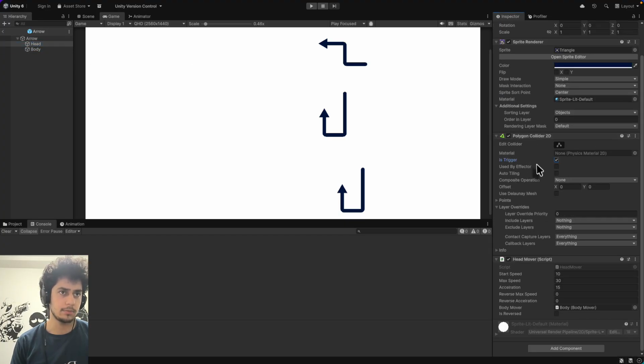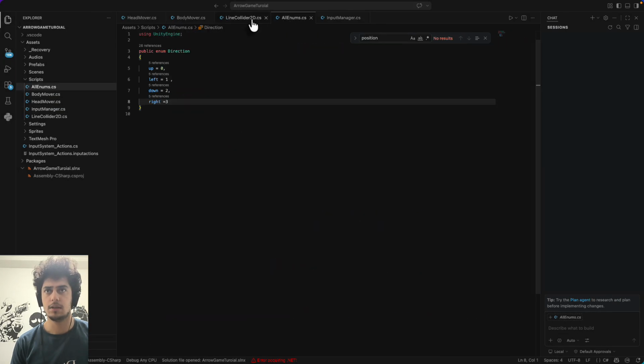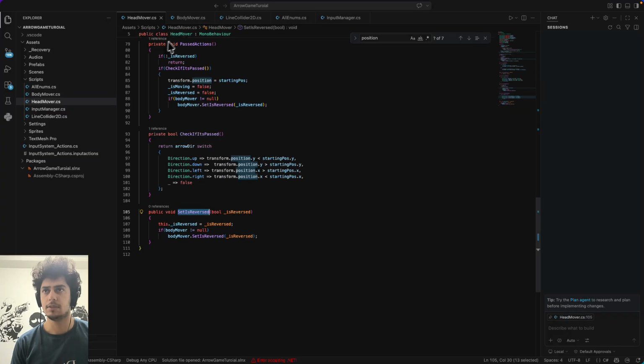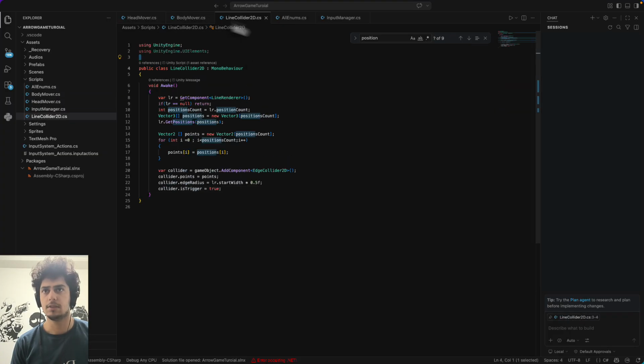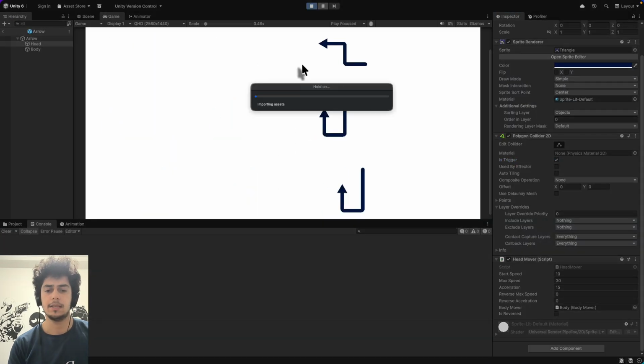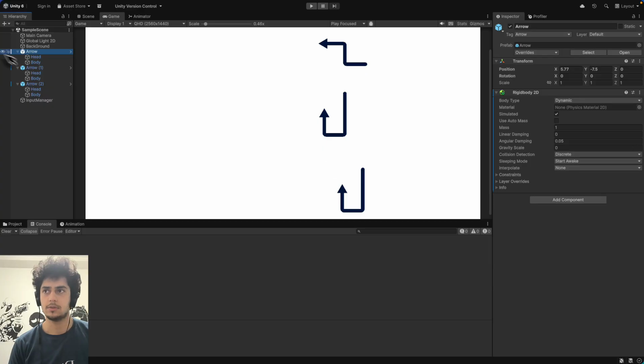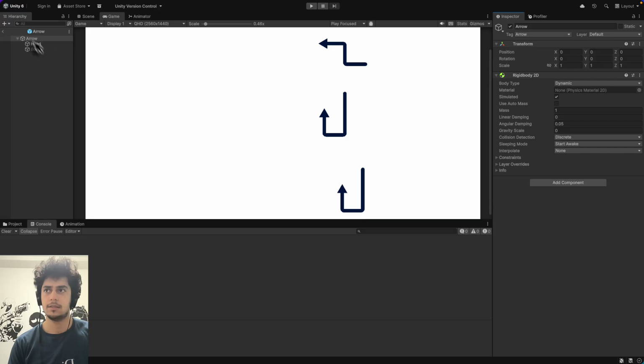Here I want this to be triggered for all of them, and in my code I need to come here, and for line collider 2D I added another trigger, so our line collider should be trigger as well. For that reason now I can play this, and if I hit on one of these arrows it goes pass through each other, but they would know, so we can come here and in our arrow add something in the head